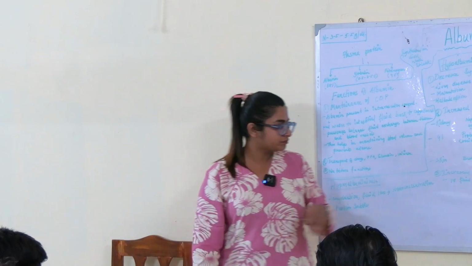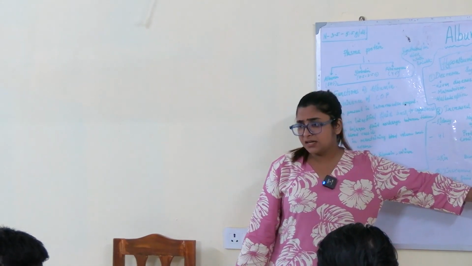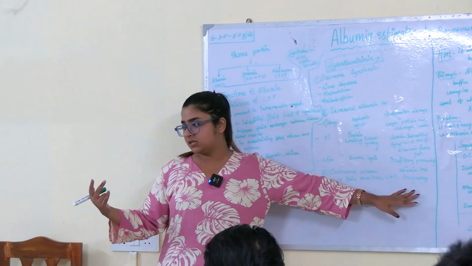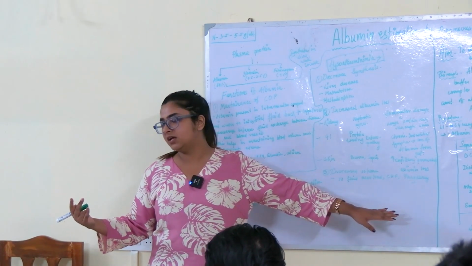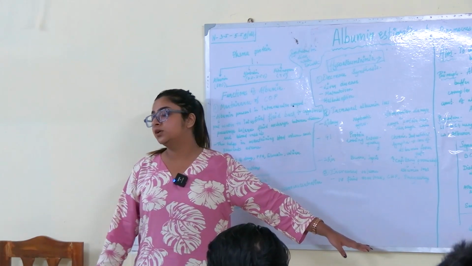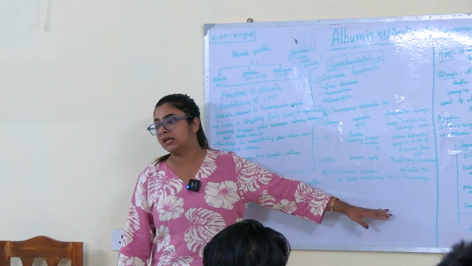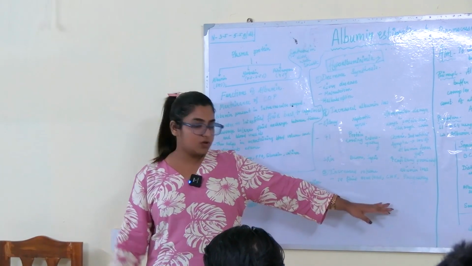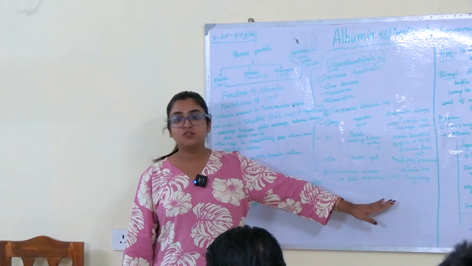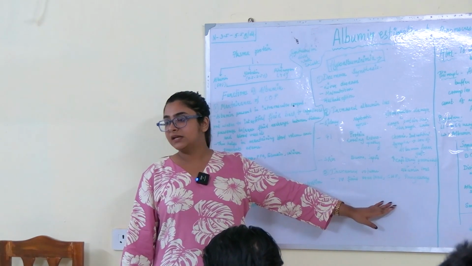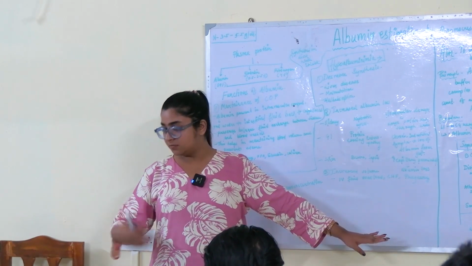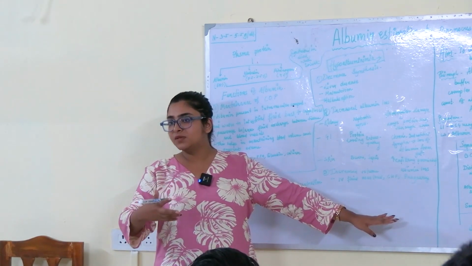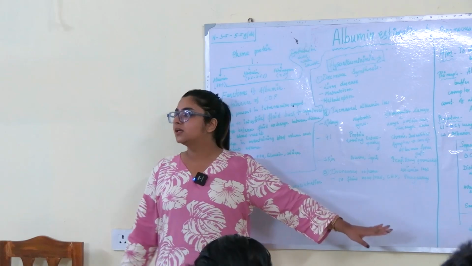Okay, volume overload. In CHF patients, and pregnancy is a high volume state, a hypervolemic state. All the fluids in our body get increased in pregnancy. In such cases also hypoalbuminemia can occur. Pregnant women often have proteinuria when they have eclampsia and preeclampsia like syndromes. You have heard about these terms, eclampsia and preeclampsia? Okay, we'll hear about them when you read OBG. So in preeclampsia and eclampsia, in pregnancy, they have proteinuria in their urine. So pregnancy is a hypervolemic state, and in such cases also hypoalbuminemia can occur.